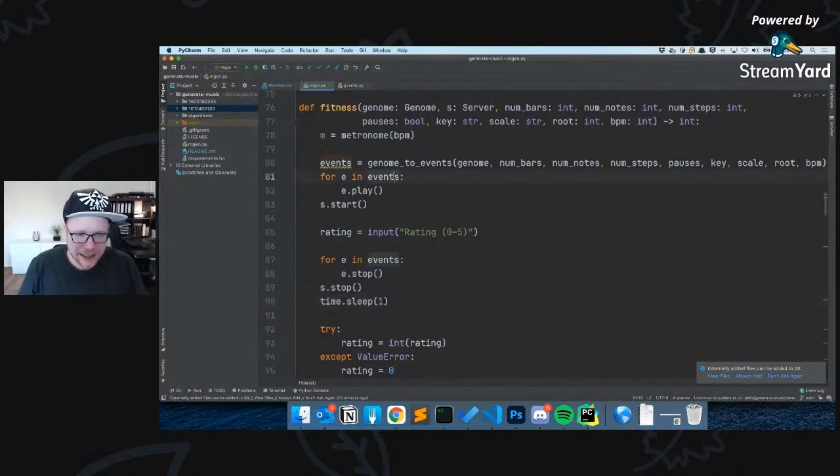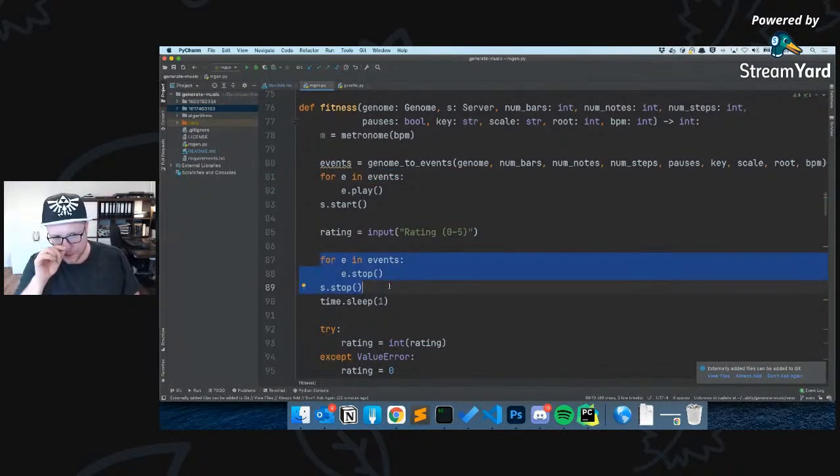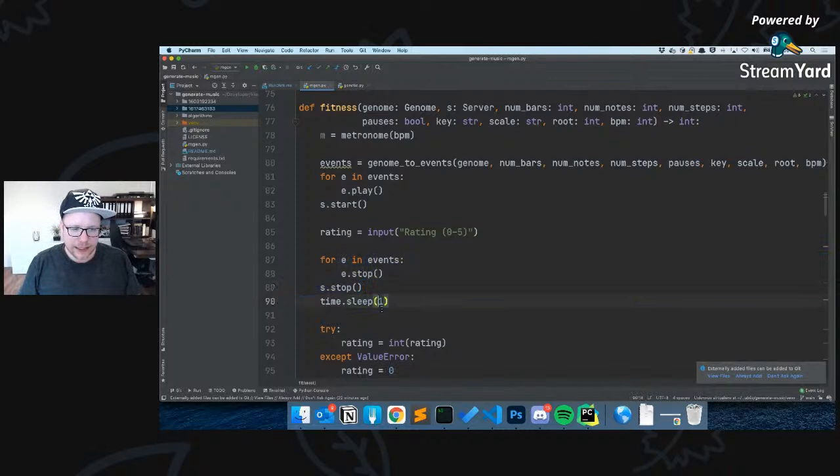are played for each voice that we have inside of the melody. Because if you think about it, if we want to play chords, we need to have 3 different melodies played on top of each other. So we start them, and in the end, we stop them, and then we wait 1 second, and